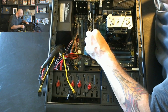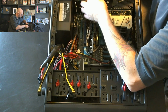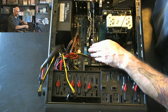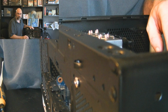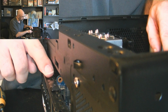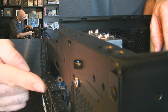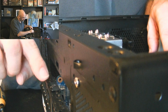That went in really, really easy. So not a big deal. Okay, and this has popped up now. It pops up on its own whenever it gets put in. So now I've got this area up here, and you can see the top of the card. It's right here, and this has a flap which I have conveniently misplaced that will lock down and lock in